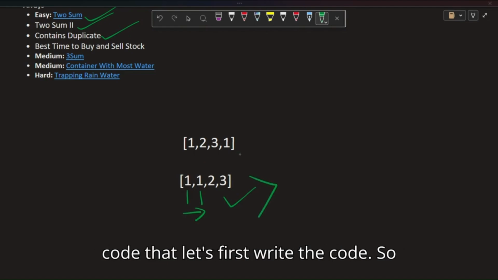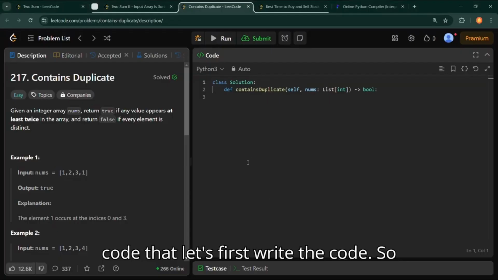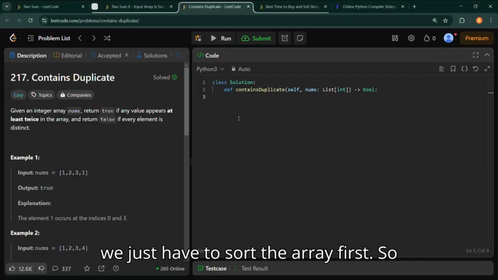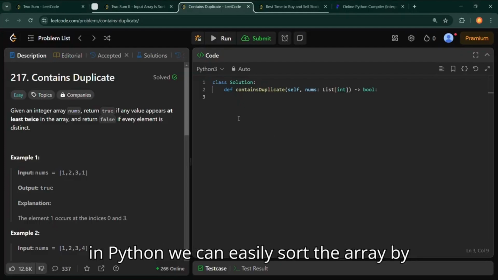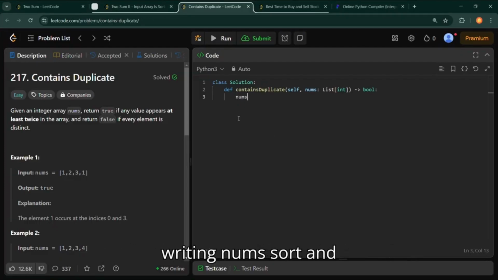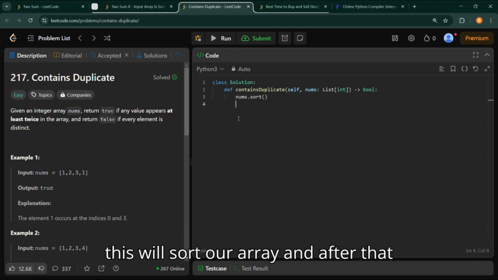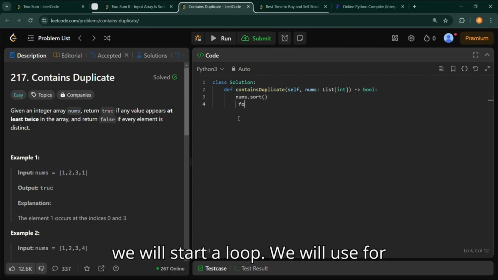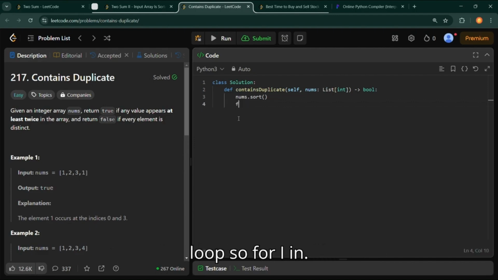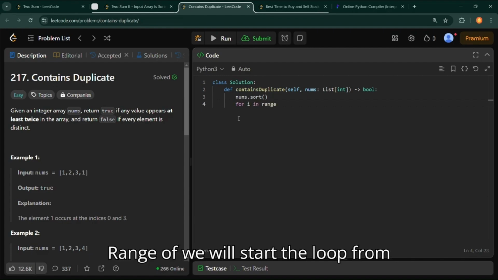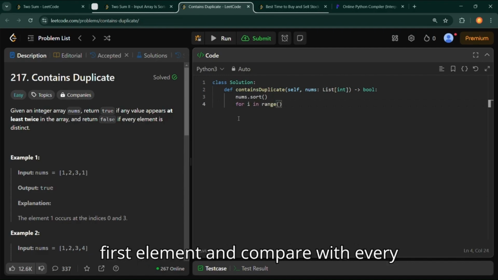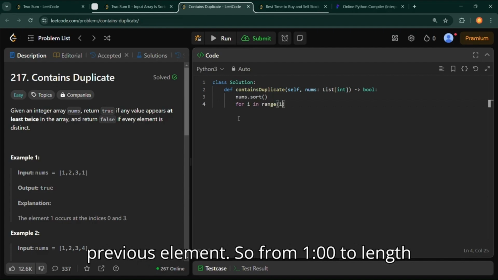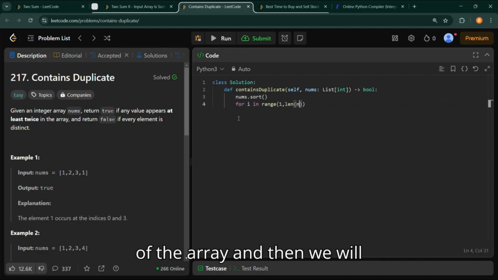So let's first write the code. We just have to sort the array first. In Python we can easily sort the array by writing nums.sort(), and this will sort our array. After that we will start a for loop. For i in range, we will start the loop from the first index and compare with every previous element, so from 1 to the length of the array.